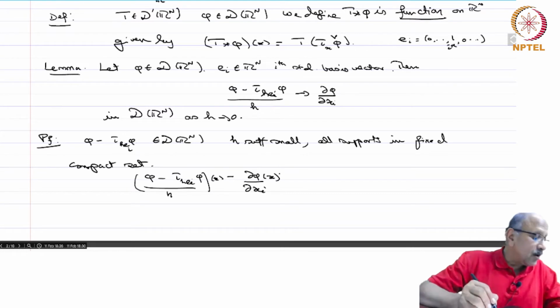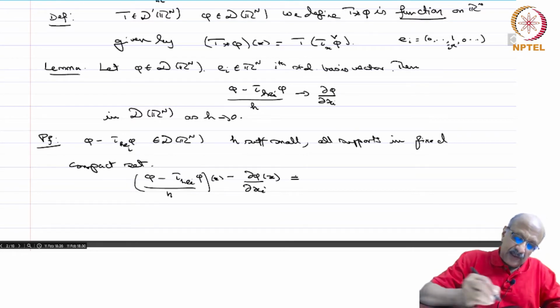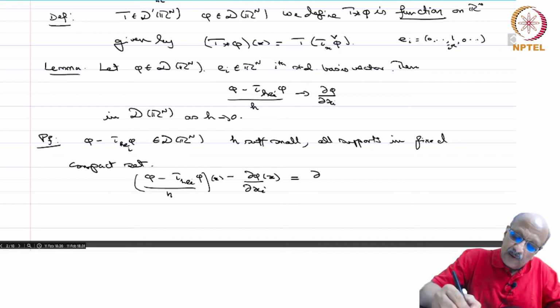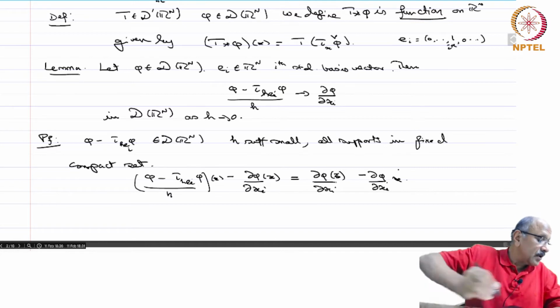Now this is nothing but (phi of x minus h ei) divided by h. Therefore, by the mean value theorem, this will be equal to d phi by dxi at xi minus d phi by dxi at x,